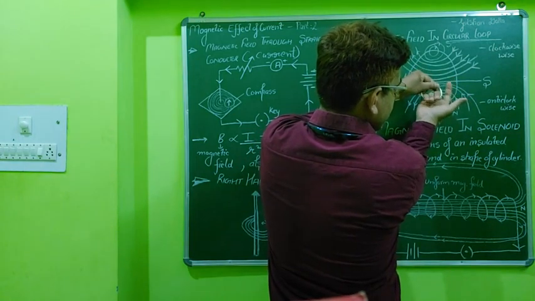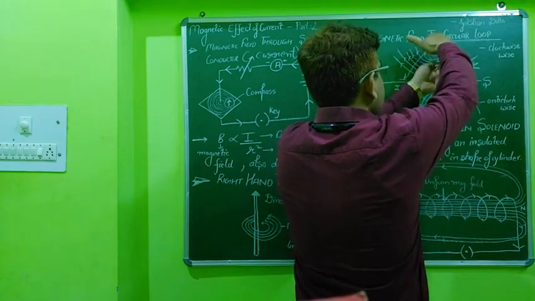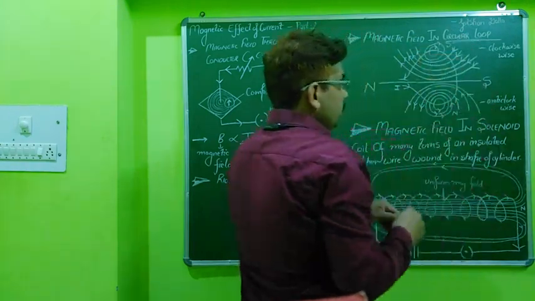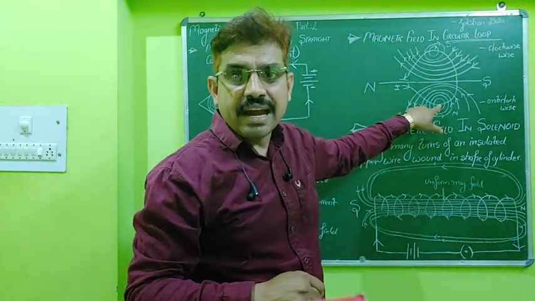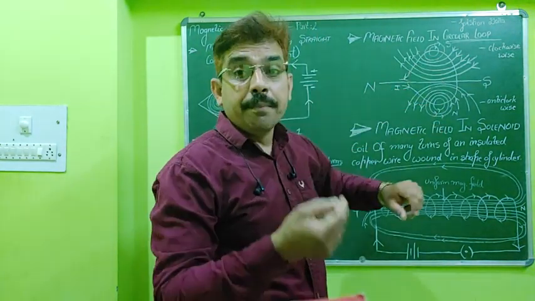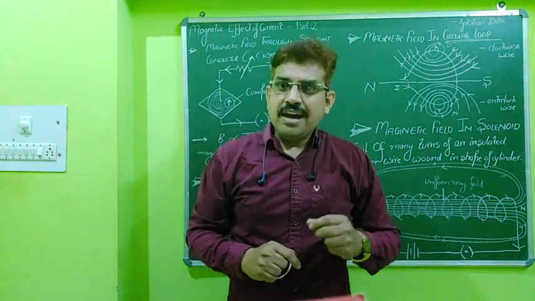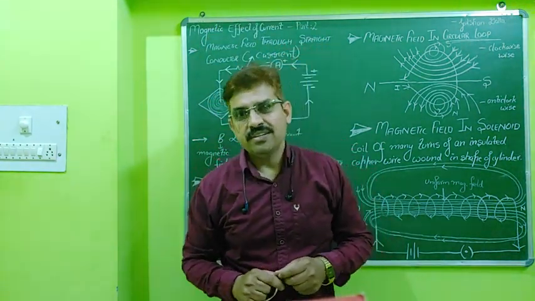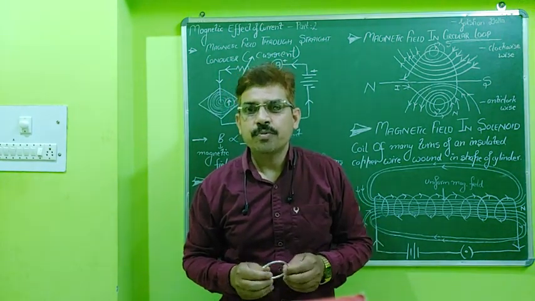So the curl of the fingers is now anti-clockwise, and in the upper part the current is coming, so that is clockwise. So there are two parts. The lower part appears to us anti-clockwise, and the upper part appears to us clockwise. So again I am saying that if current is flowing through the circle loop,